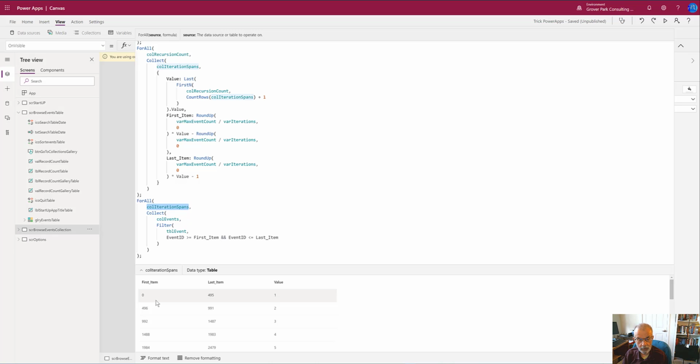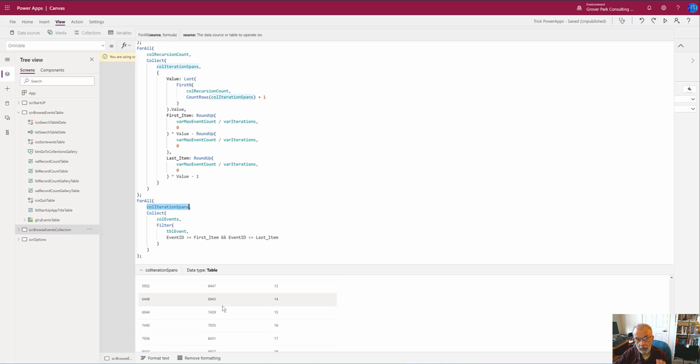The last item is 495. When we pass through it a second time, the first item now is 496. The last item is 991. We multiply our base value by 3, subtract it back, we get 992, 1487, and so on. Each time you iterate through this process, we get a new row in our collection representing the first and last event IDs, and these will be the event IDs